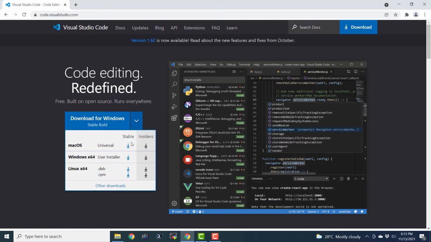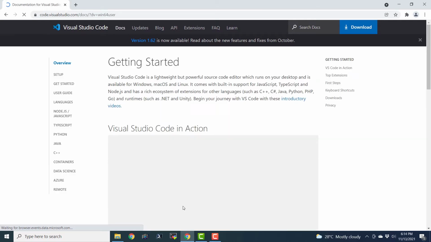Now if you want to download it for other operating systems, those options are also available. We have download for Mac OS, then we have download for Linux x64 systems. We have downloadable in deb format for Debian and the distributions that are descendants of Debian like Ubuntu and Raspberry Pi OS, as well as we also have the RPM. So here in our case, we are interested in Windows x64. So I'm just going to go ahead and install this.